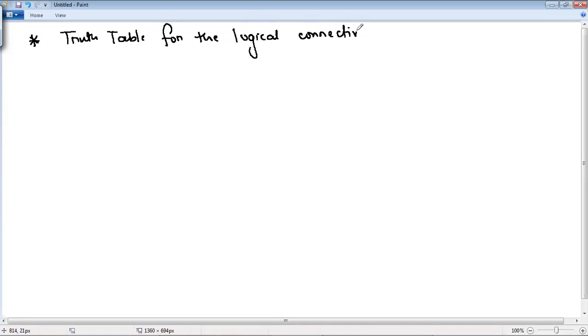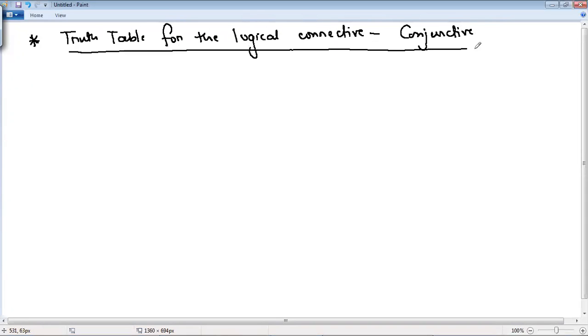Now listen. Truth table for the logical connective conjunctive. Suppose P is the first proposition and Q is the second proposition.